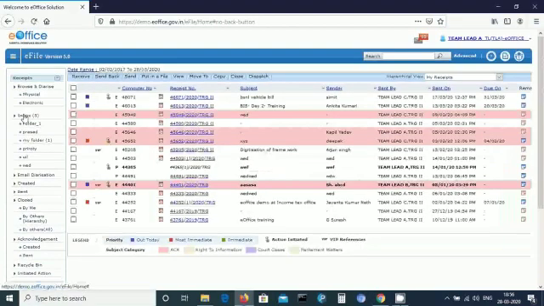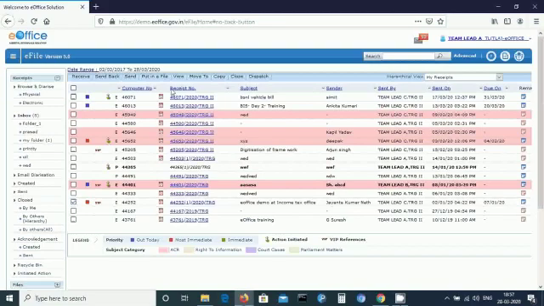The user who sent the receipt can check the details of the receipt in his or her own sent folder. To put the generated receipt into a concerned file, click the Put in a File tab. Let me select the receipt that we want to put in a file. Click on the Put in a File tab.